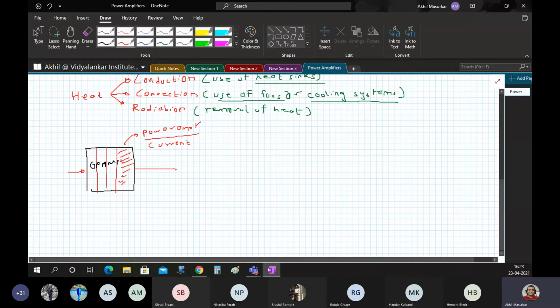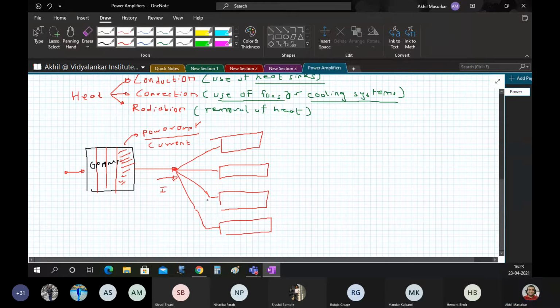So when you boost the current, if you are having a chip where you are giving some input and you are getting an output, here you are getting some current, let us say I. Now if you want to give this same output to more than one chip, then what will happen is that the current will distribute. So here let us say that if the chips are of the same type, here we will get I by 4, here we will get another I by 4, I by 4, and here also we will get I by 4.